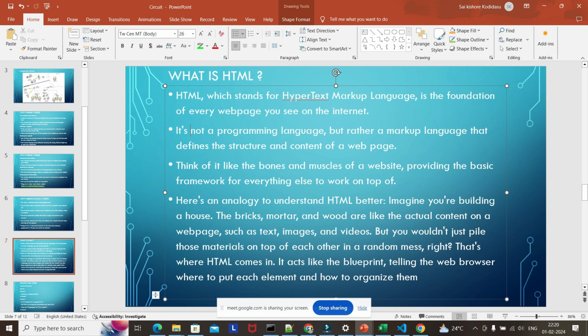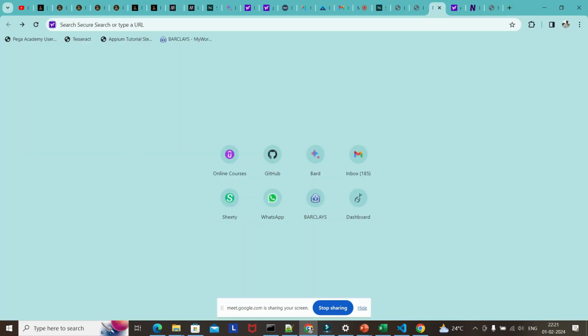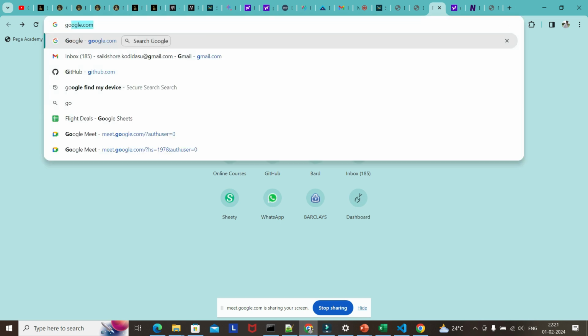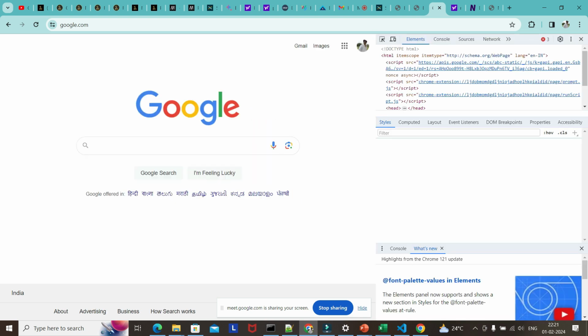Because we have already seen the front end, for example, if we take google.com, here we have different buttons, this is the image, and we have some search button. So again, when I try to inspect some element,